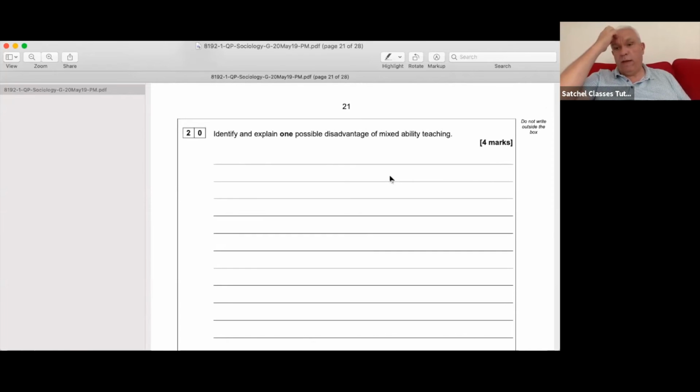So you might struggle meeting the needs of really bright students as well as struggling to meet the needs of very poor or less academic students. And so you tend to teach mostly towards the middle. So that's the disadvantage of doing that. If you taught only bright students or only weaker students, it's easier to focus your lesson onto those students. So that is it really on that particular one. Don't talk on that last one about a comparison between setting and mixed ability. It's asking you specifically about mixed ability. Don't say, oh, it's better if they were setted. Talk about just mixed ability and how that